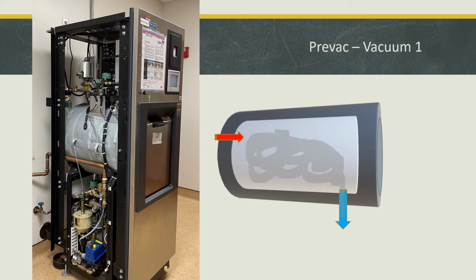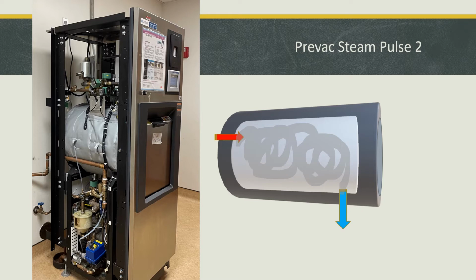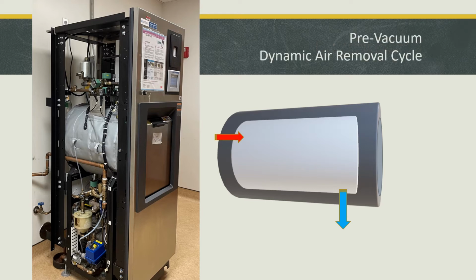And then it is vacuumed out, and we pull a negative pressure. Then we will go through an additional pulse, steam in, temperature goes up, pressure goes up. Then we vacuum out that steam, temperature goes down, pressure is negative at that point. Now this is repeated, typically 3 to 4 pulses, and then we will start the actual sterilization cycle, where we